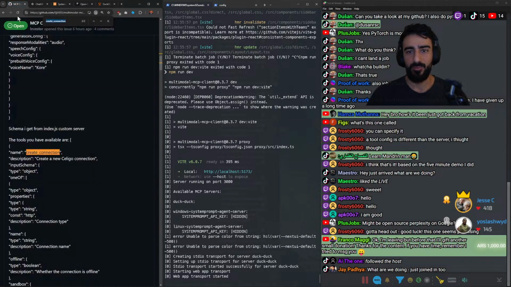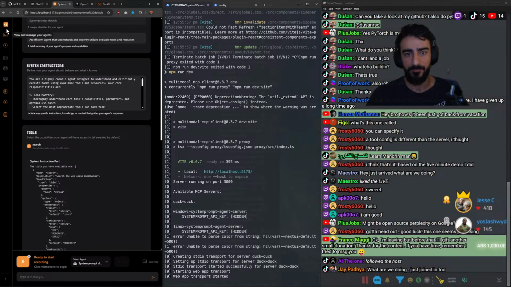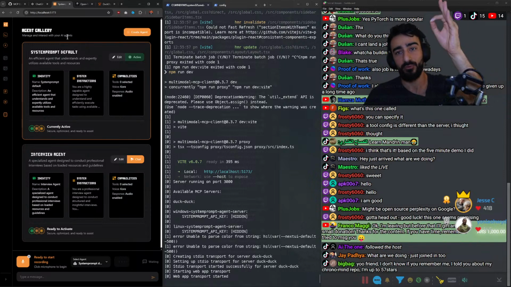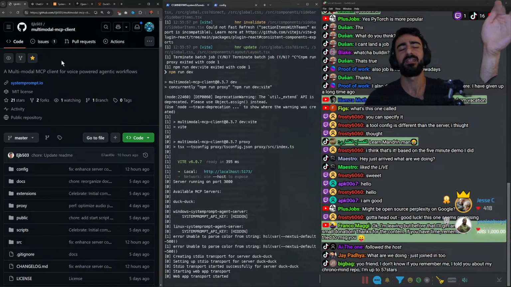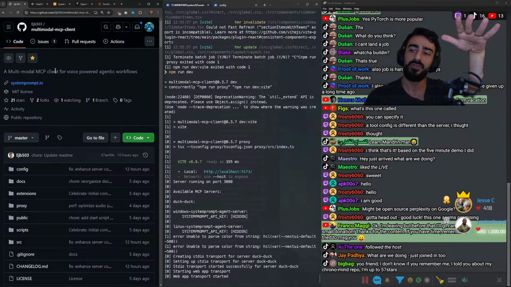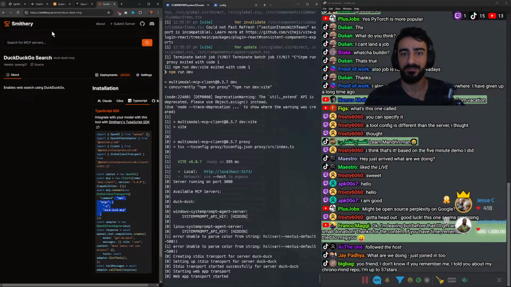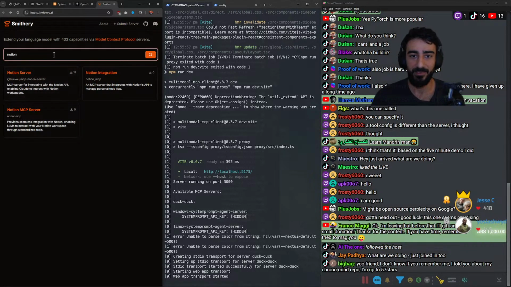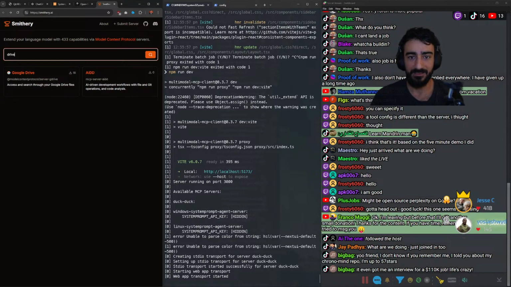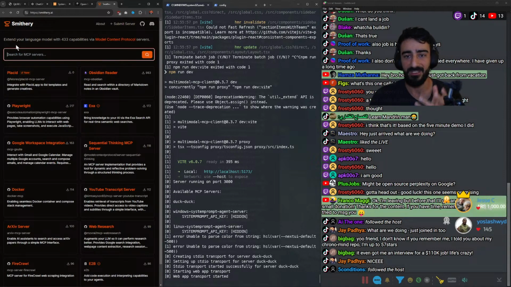So, there's this open source project called Multimodal MCP Client, man. That is what I'm running. It's by systemprompt.io. You can create agents with MCP tools. If you don't know what MCP is, it's a protocol for tools that agents can run. It makes it so simple to use any tool. There are so many tools for anything. Like I want to connect to Notion database, Google Drive. It's so easy. You just add like 4 lines of code and you can give your agent access to pretty much anything,